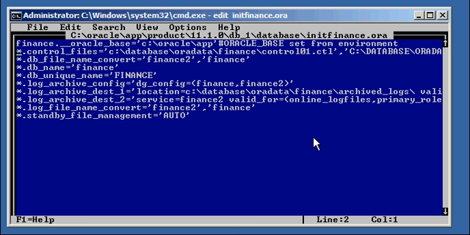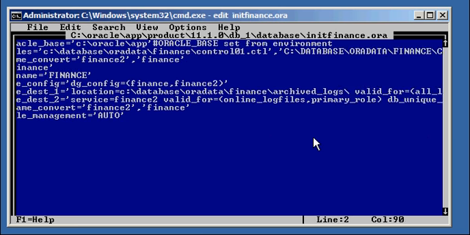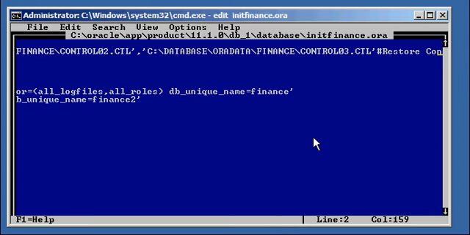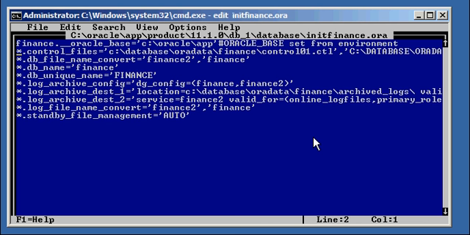Okay, what I need you to do is, you'll notice that we're in the finance P file. The control files parameter is currently set to all three control files, 1, 2, 3, because these are multiplex control files. What I need you to do is get rid of all that. This is the only parameter you're changing at this point in the P file. So we're going to remove all that to the end of the line,